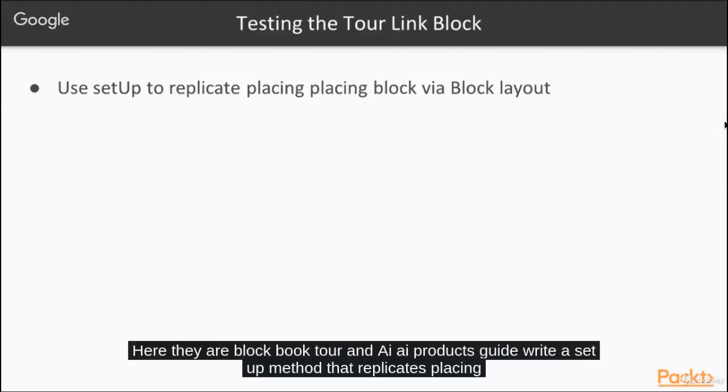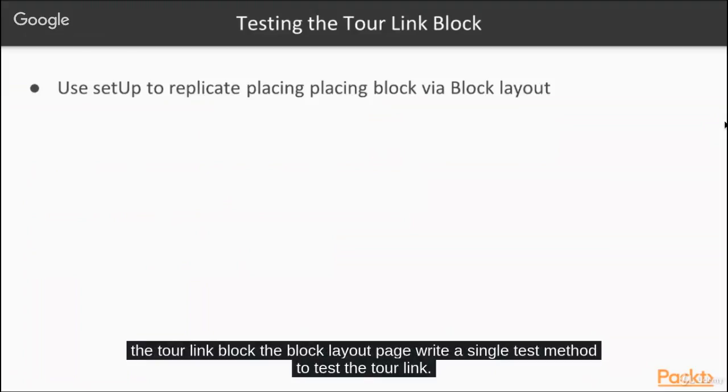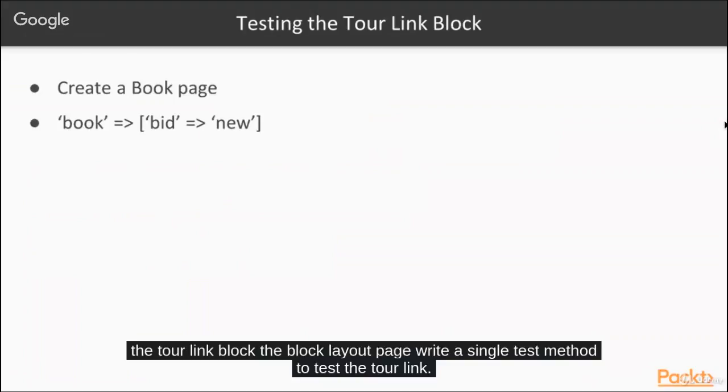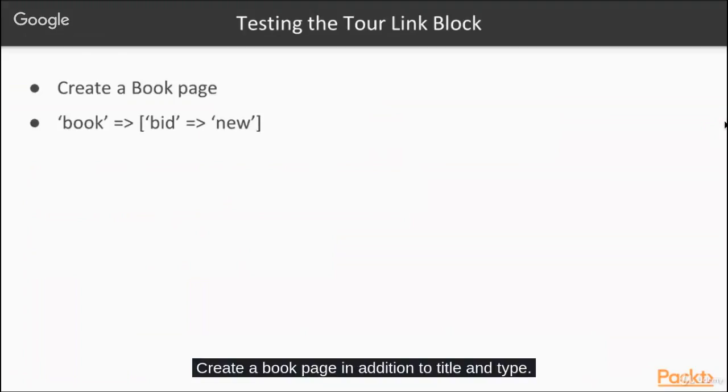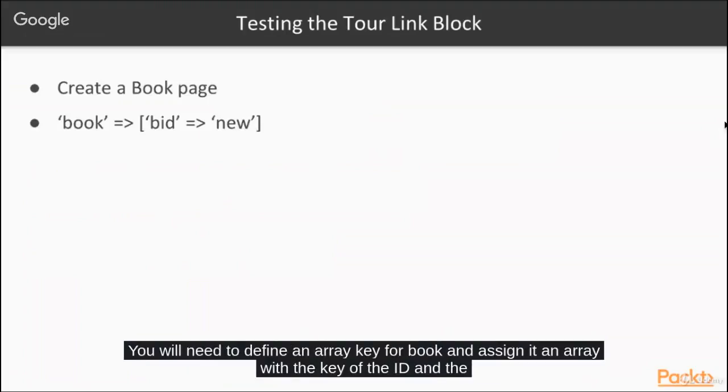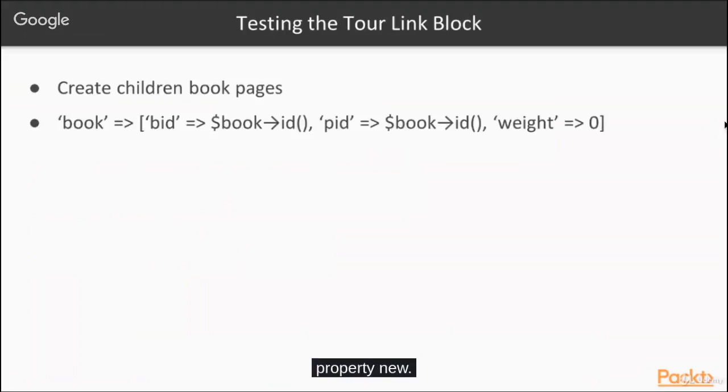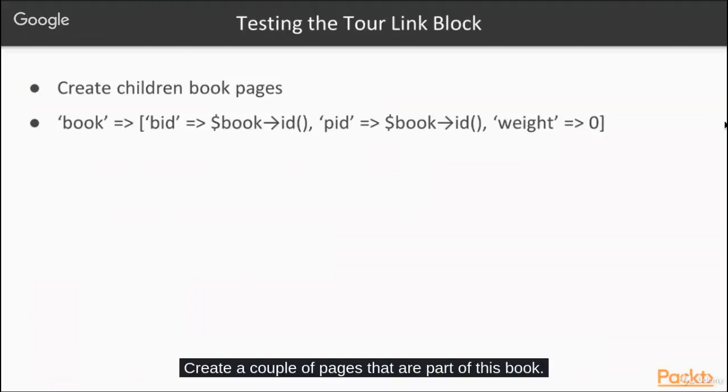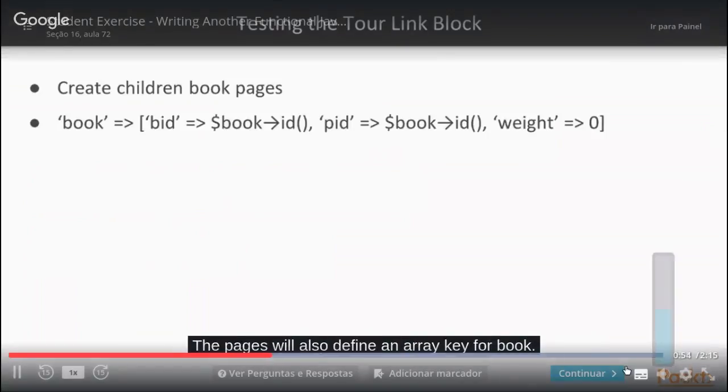Write a setup method that replicates placing the tour link block via the block layout page. Write a single test method to test the tour link. Create a link page. In addition to title and type, you will need to define an array key for book and assign it an array with the key of BID and the property new. Create a couple of pages that are part of this book. The pages will also